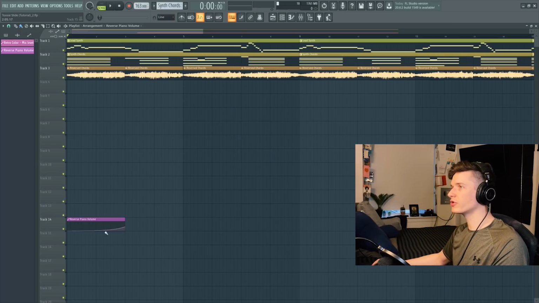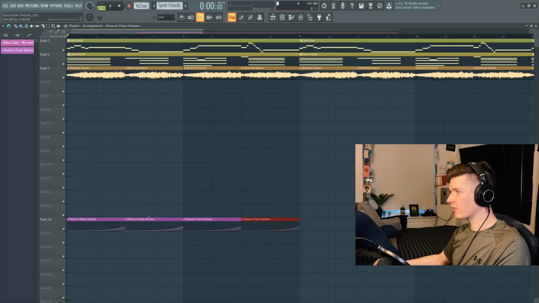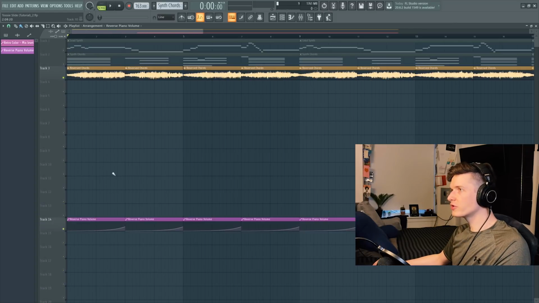It's like a riser almost. And then once you have this, you just want to copy and paste it for every chord. And now if we solo those chords,